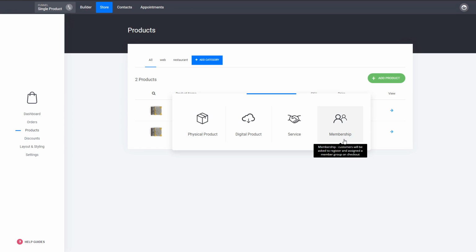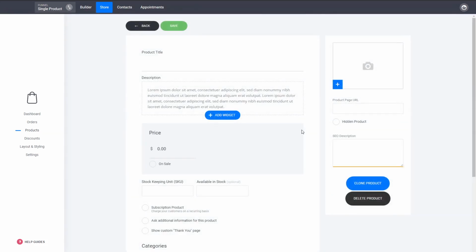If it's tied to an actual membership where you have the option for access to content such as videos, tutorials and stuff like that, and for as long as they have the subscription, they have access to that content, then obviously it has to be a membership. Now, for the sake of the example, we'll just create it as a service just to show you how simple it is. So here we can add the name of the product, let's say subscription,